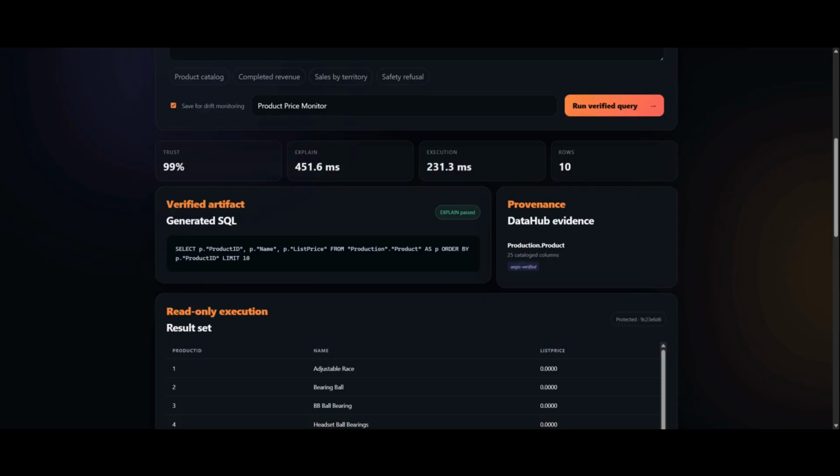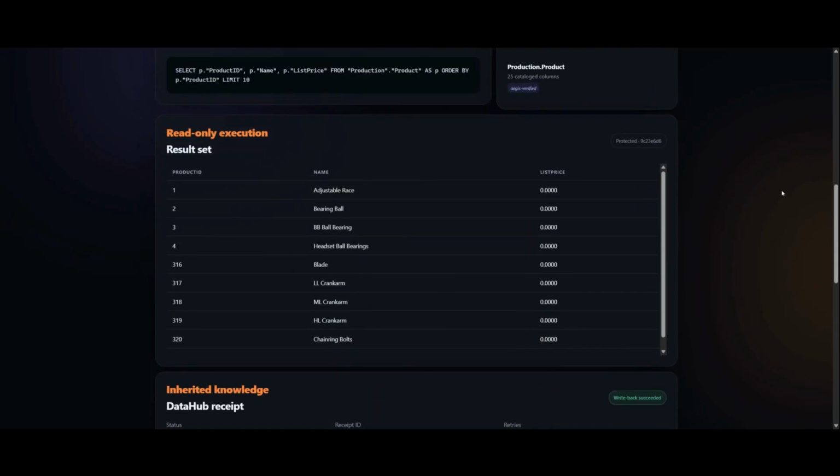We have a confidence score, explain and execution timings, real result rows, DataHub provenance, and a decision receipt showing the context, operations, and assets used. The protected badge confirms that Aegis is now responsible for this SQL. The protected query currently depends on